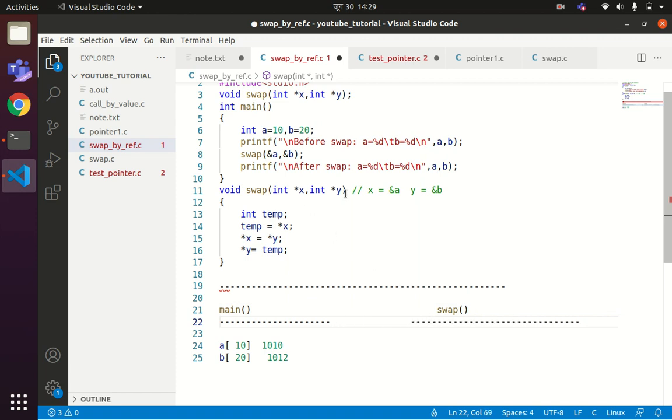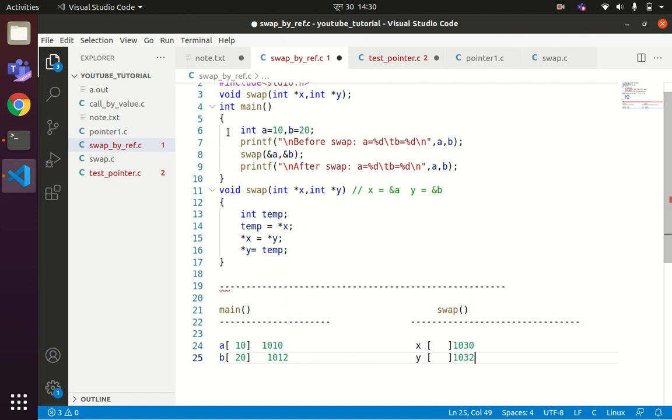Now in swap we have two variables x and y. So x and y are not normal variables. X and y are the pointer variables. So x is an integer pointer. For x the memory will be allocated. Let us say the address space is 1030 for x, and for y let us say it is 1032. Now once we have the variable declaration done, x and y are the pointer variables. Pointer variables are supposed to store addresses.